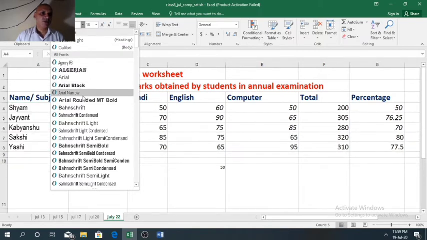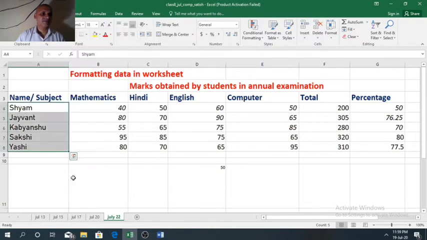As soon as your pointer moves on any font style, preview of that font is visible in the sheet. So see which style you like and select that style. This is the method of selecting font style.